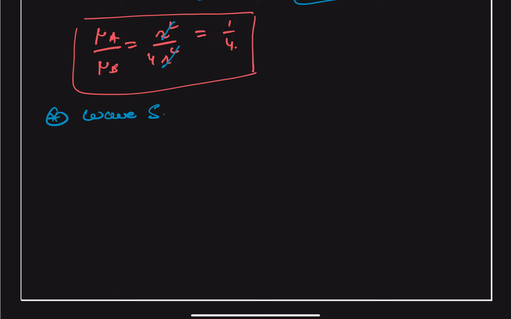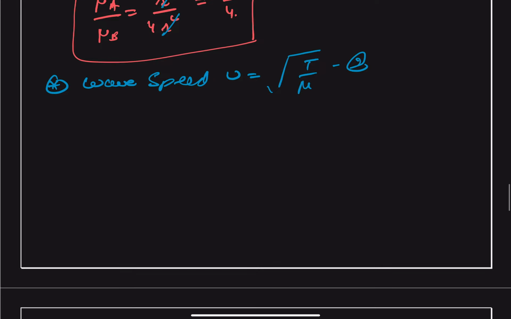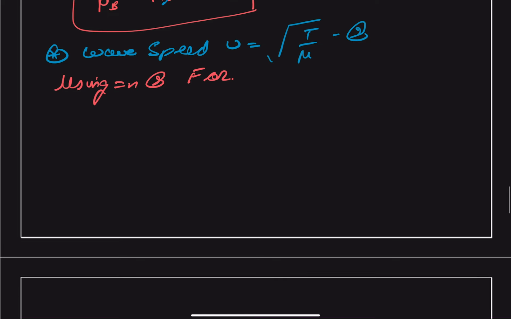Wave speed is V equals square root of T upon mu. Let us call this equation number 2. So we can write equation 2 for both wire A as well as wire B. Using equation 2, first for wire A,